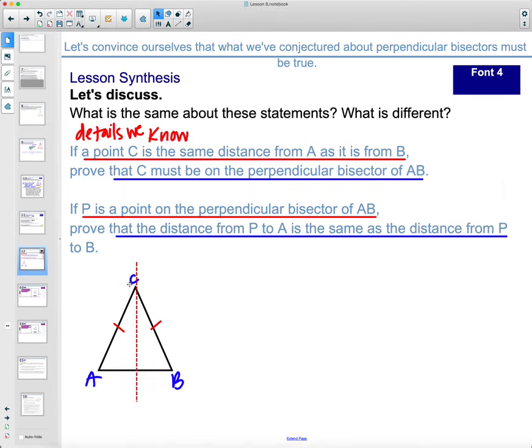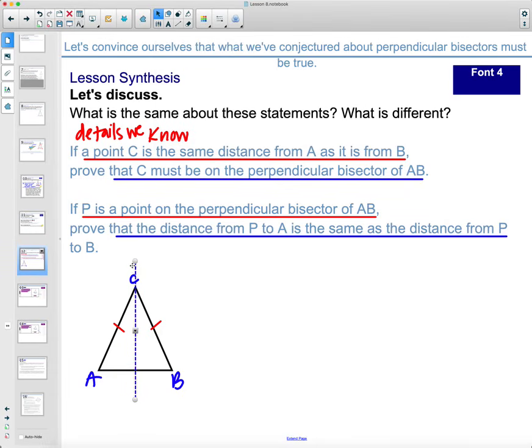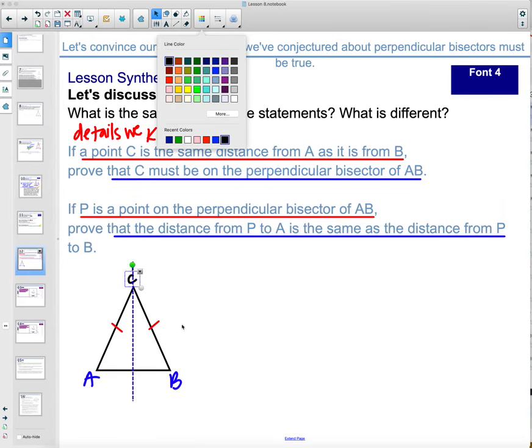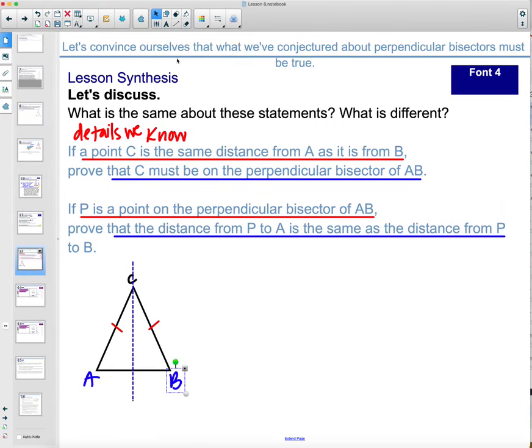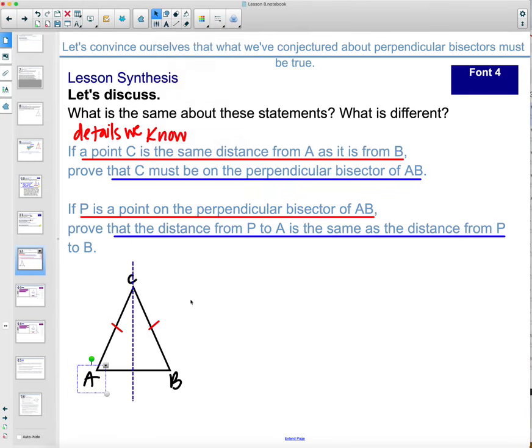So you are trying to prove that this has a 90-degree angle. And let me change the color of these vertices too. So what you're trying to prove in this one is the blue stuff. You're trying to prove that these are 90-degree angles and that these two pieces are congruent